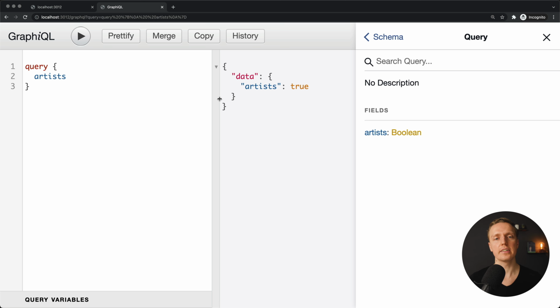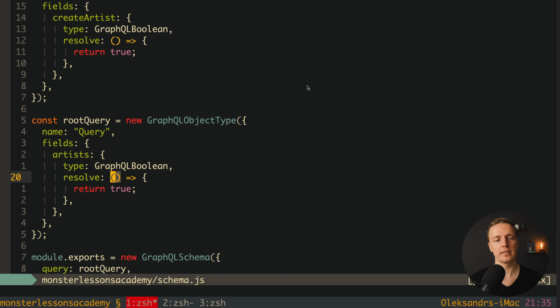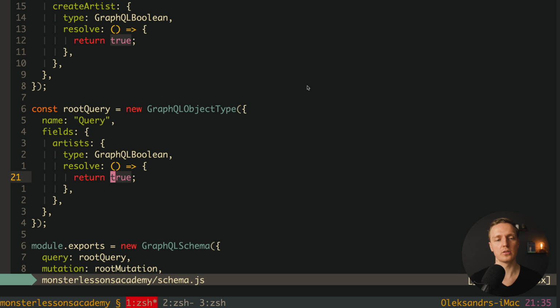And as you can see, here is our response. We're getting an object with data artist true. And this is exactly this code that we wrote here. We just resolved this root query artist with true, and we returned here boolean. And actually we successfully implemented our first route with GraphQL, because as you can see here, it is working in